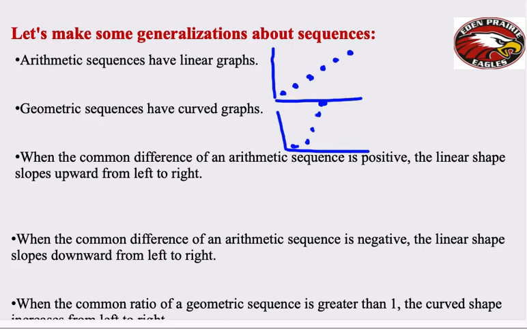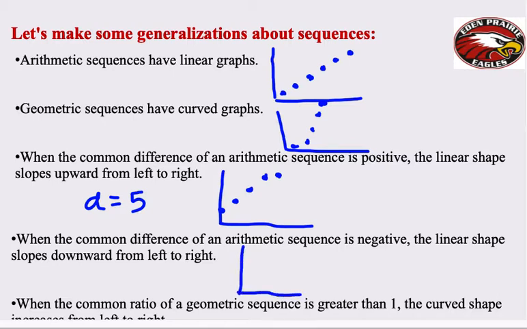All right, the next statement says when the common difference of an arithmetic sequence is positive, the linear shape slopes upward from left to right. Seems fairly obvious. If we are adding 5 each time, it will slope upward. Where if the common difference of an arithmetic sequence is negative, the linear shape will slope downward from left to right. So if we're subtracting 5 each time, you can imagine a straight line going down. All right,